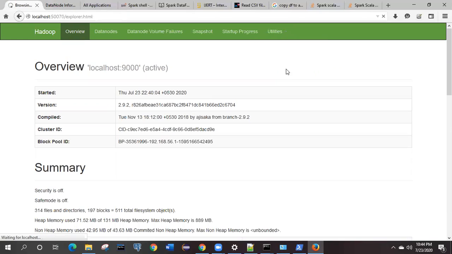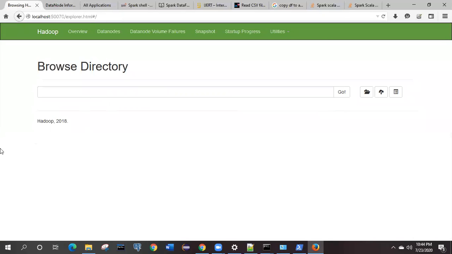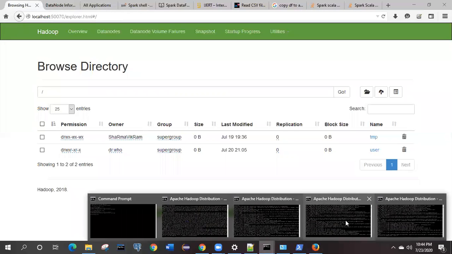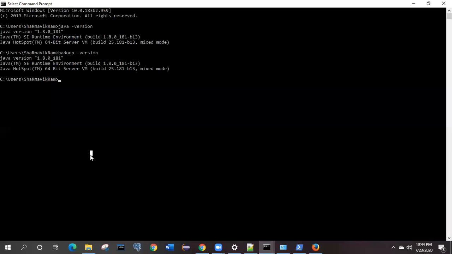Now, this is the overall Hadoop installation. There is a browse file system option. Initially, if you click here, you will not get anything, but after creating some folders from the command prompt, you will get them here. Let me show you how to create them. We have the command hadoop fs -ls. The -ls is the command to list everything. From where are we going to list? This is the home directory of the Hadoop HDFS.